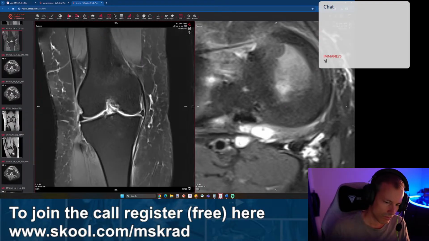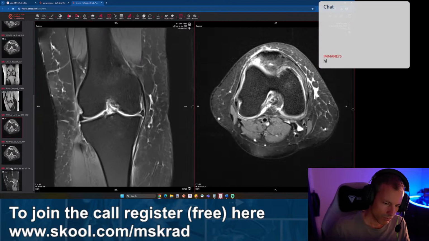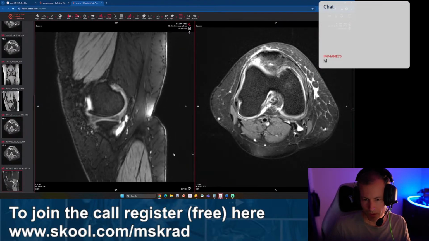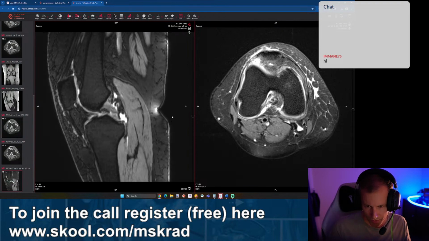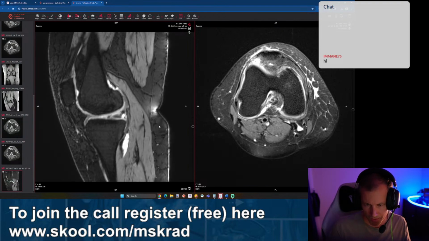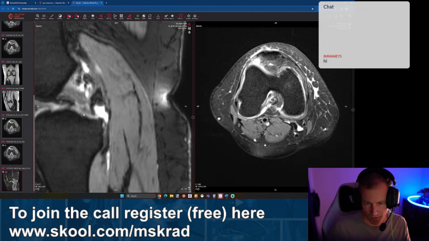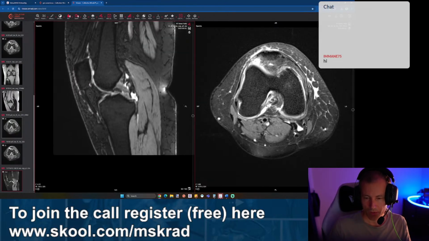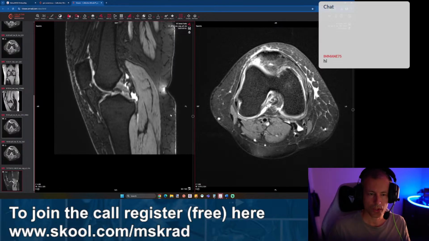Just gonna see if we missed any of the other images. We have a 3D. Okay, let's have a look at this. But the resolution is not so great. It's just the same thing. We can see the signal changing from nice and black, going down a bit here, increasing a little bit. So yeah, we got a little bit of degeneration and fraying of the root, and that can already take out